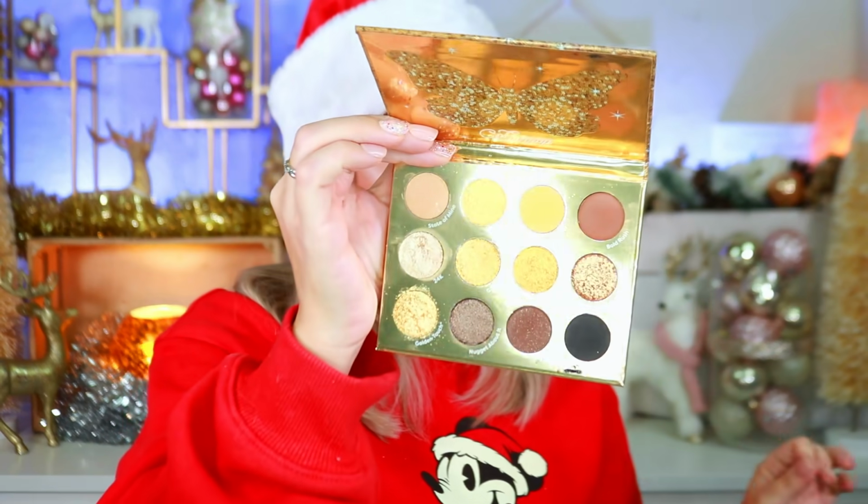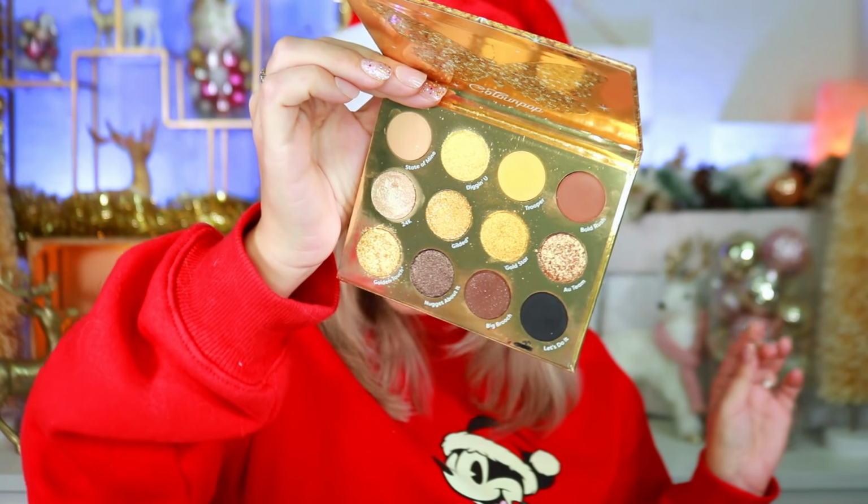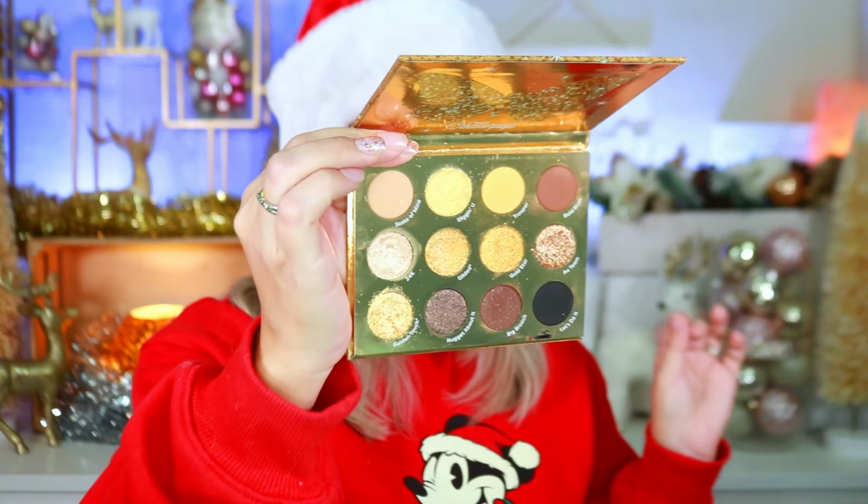So that is why at number 13, we do have the ColourPop Good as Gold palette. I don't know if they still have this. I really wish they did if they do, because these gold shades in here are so freaking pretty. Although I don't really play with this shade anymore because this is their old pressed glitter. They definitely have reformulated it, and this pressed glitter just sucks, but it's still a really beautiful palette